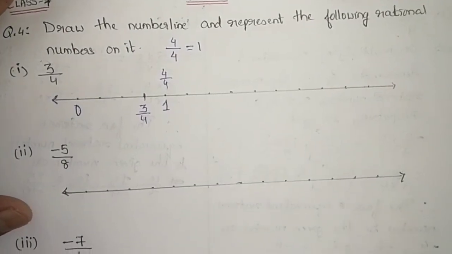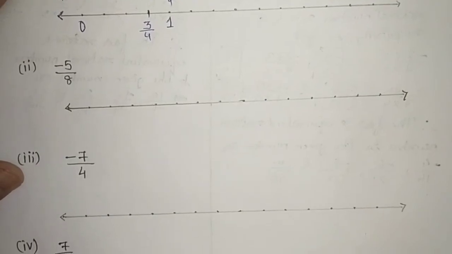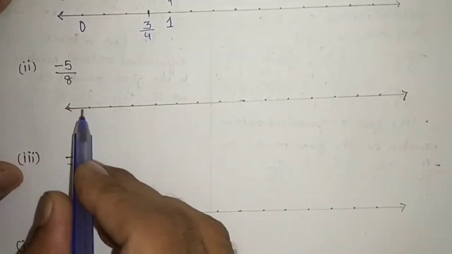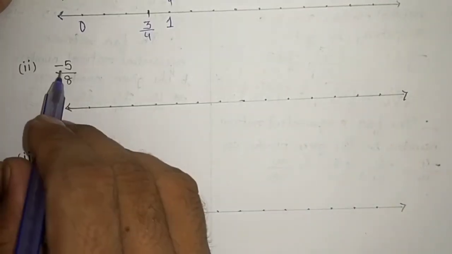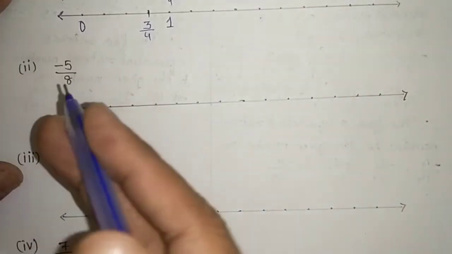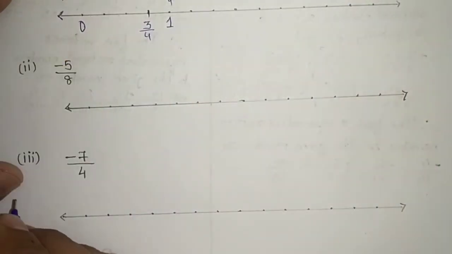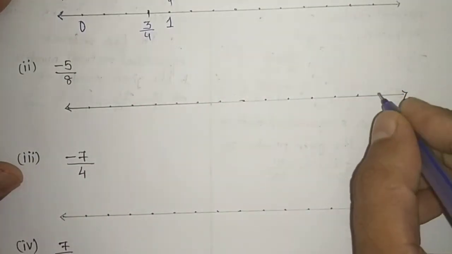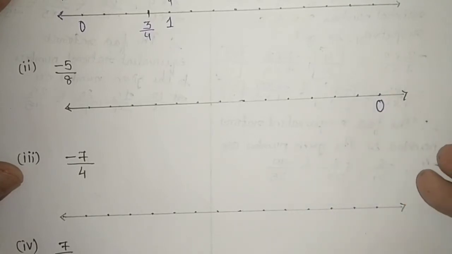If you have not understood, you can follow here also. The first step is to draw a number line with equal distance between the numbers. That I have done for you all. Second step, identify whether it is negative or positive, whether it will lie on the left hand side or the right hand side. This is negative, so definitely it will lie on the left hand side. So I don't need the right hand side. I will place my 0 over here because the right hand side I don't need.